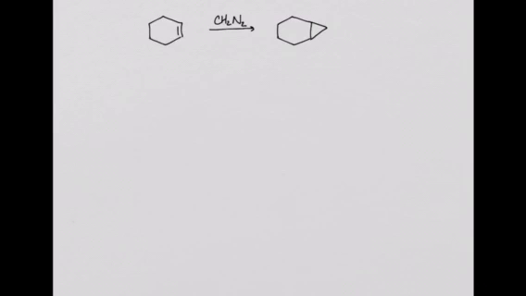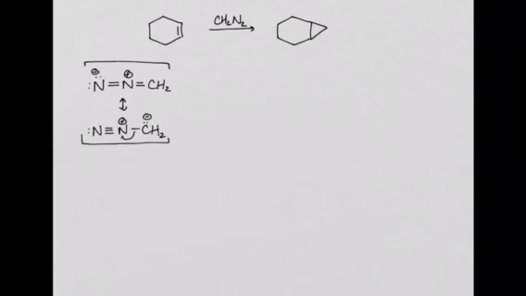In the first step of the mechanism, diazomethane dissociates to form the carbene. Dissociation forms nitrogen gas and the carbene. The carbene then attacks the alkene, and the alkene attacks right back, forming the cyclopropane ring fused to the cyclohexane